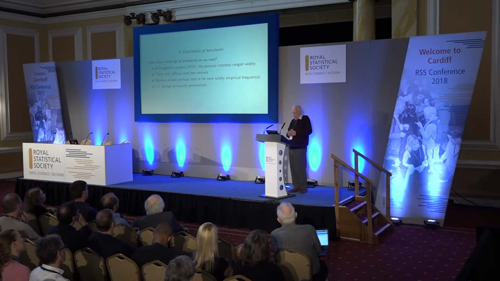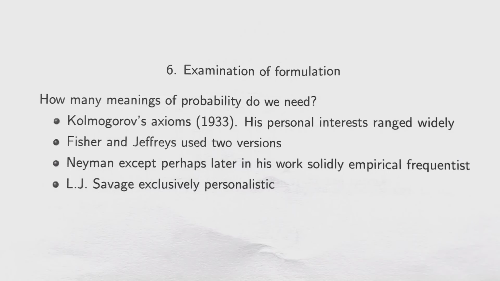But it's interesting that the two people who, in a certain sense, had most impact from a different point of view on statistics in the 1920s, 1930s, 1940s, Fisher and Jeffreys, they both used two versions of probability. Jeffreys had a kind of probability describing random phenomena, and he called that chance. And he reserved the term probability for a rational degree of belief. And his great book of 1939 was essentially setting out a theory of statistics that was developed from